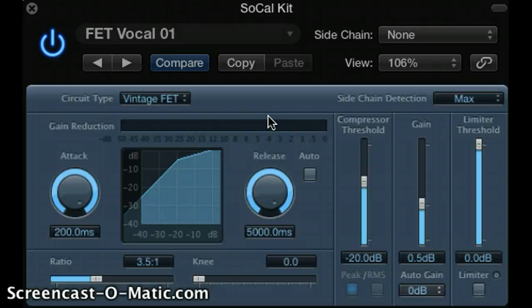So once you have everything configured, the threshold, the ratio, the attack and release, you can move over here to the gain. The gain adjusts the volume of the track in its entirety. So I can use this fader to adjust up and down. That's something to do after everything, the threshold, the ratio, the attack, and release are configured to the desires of the producer. So hopefully I've given you a little insight